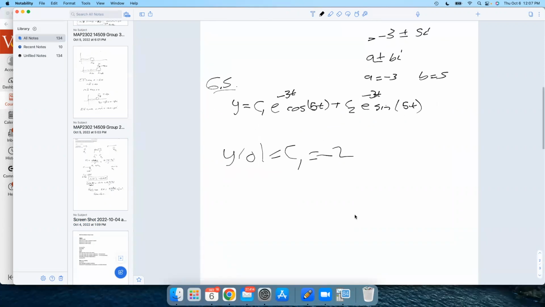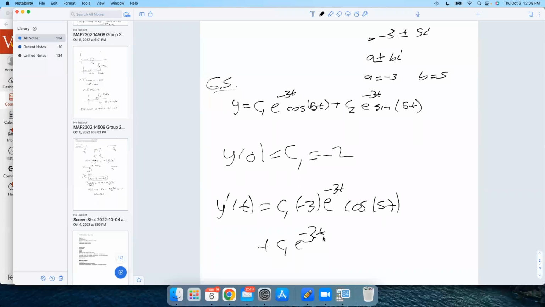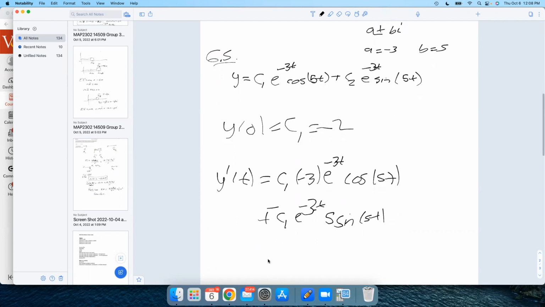Now we got to do some work though. Y prime of 0. Well, let's find y prime of t first. And I don't know if you guys want to sit and watch me go through all this, but I'm going to have to do some product rules on here. So this would be c1 derivative of the first, leave the second alone, plus leave the first alone, derivative of the second. Derivative of cosine of 5t would be 5 sine of 5t, and we pick up a negative. I'm going to put that out front there. And then same for the second, we're going to get a negative 3c2 e to the negative 3t sine of 5t